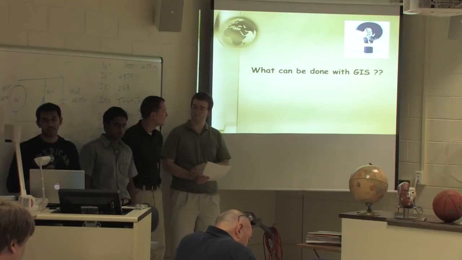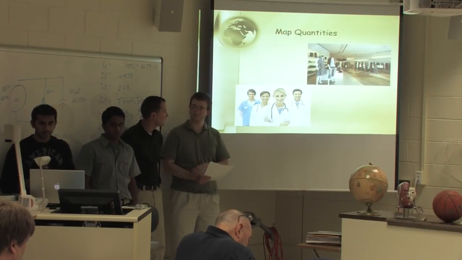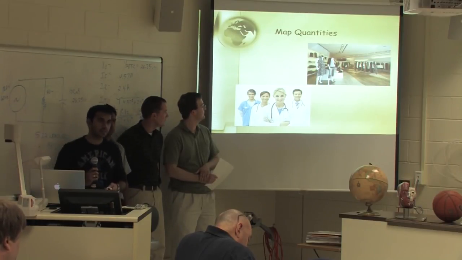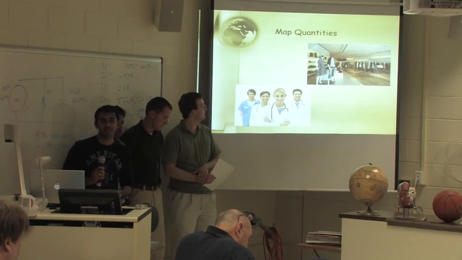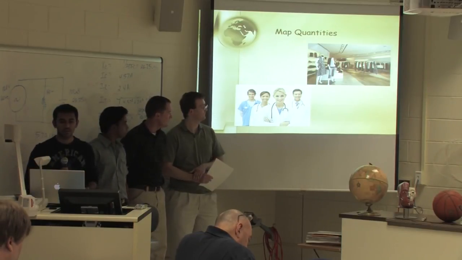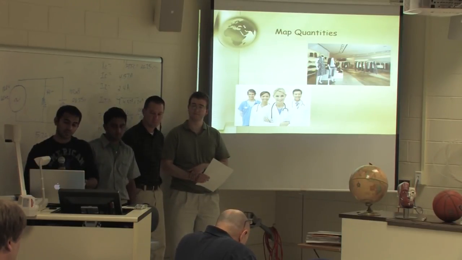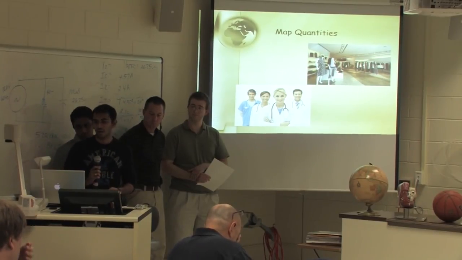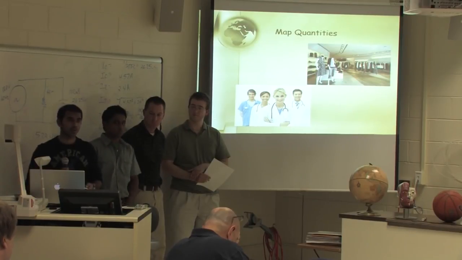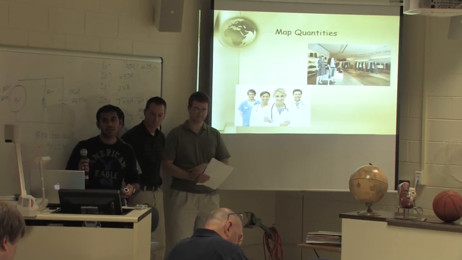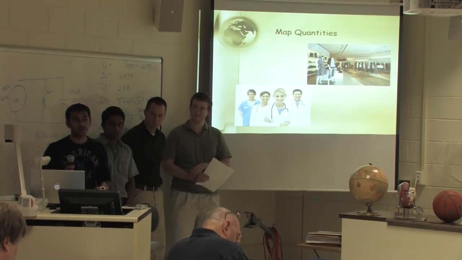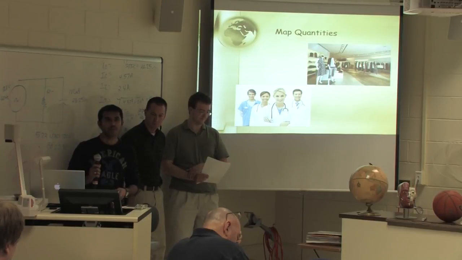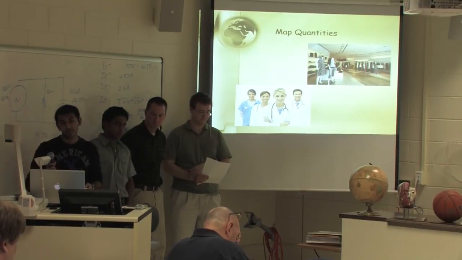So what can be done with GIS? We can map quantities. Usually people map quantities in order to find specific areas which meet their criteria, such as a shopping store that may be interested in finding the pin codes of areas which consist of young families with relatively high income, so that they can set up and concentrate their business in that particular area. In the same way, US public health officials might be interested in finding the areas and the number of physicians which are